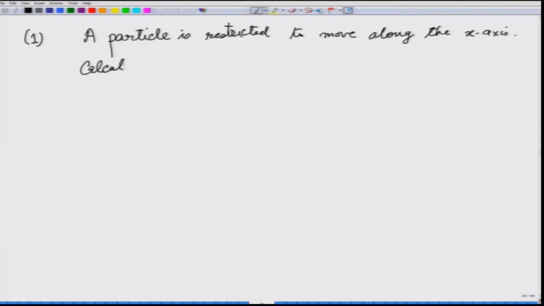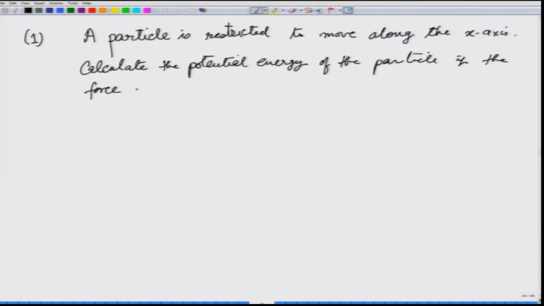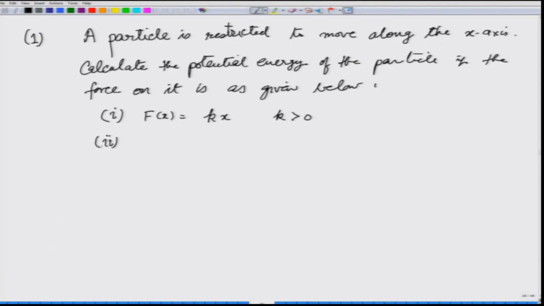Calculate the potential energy of the particle if the force on it is as given below, and the forces given are 1, Fx equals Kx, K greater than 0,